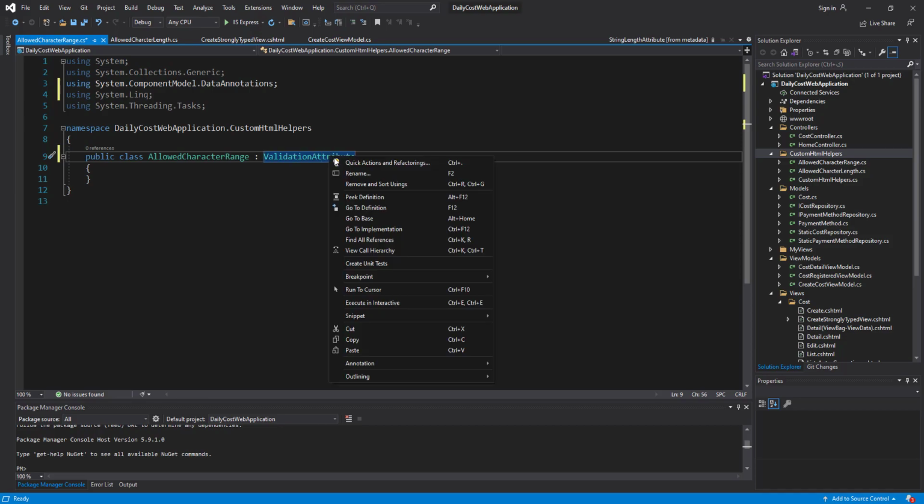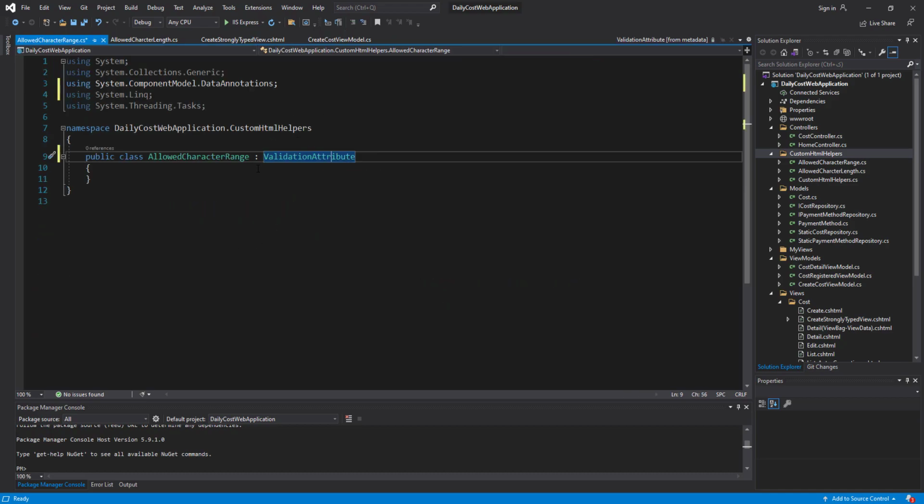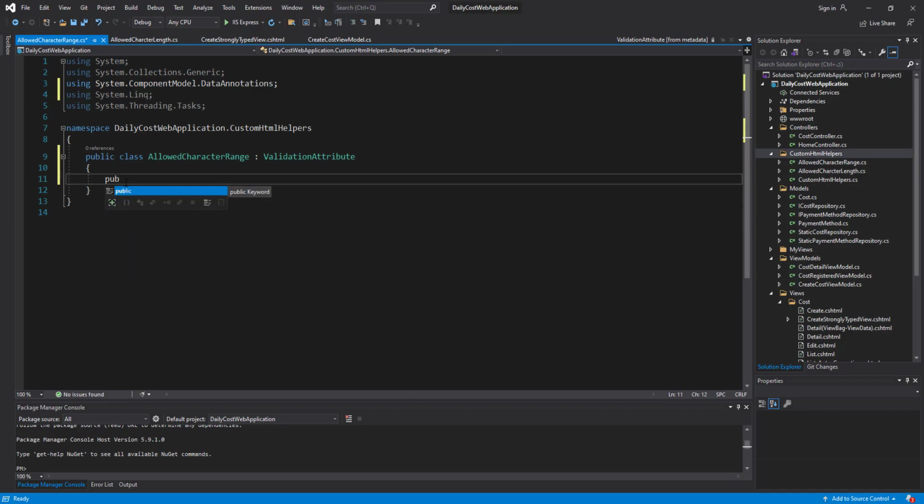And if you look at the definition of the validation attribute, you can see it has several overloaded versions, and also it has several methods, and I want to work with isValid method for validating a property. That's why I override the isValid method to do the validation, and it should be public,